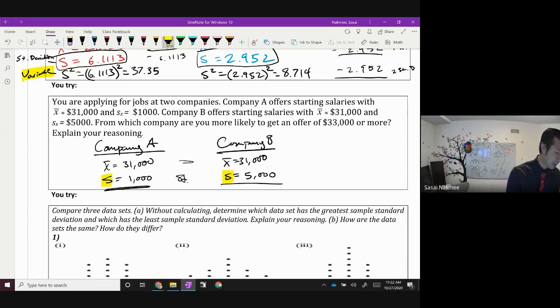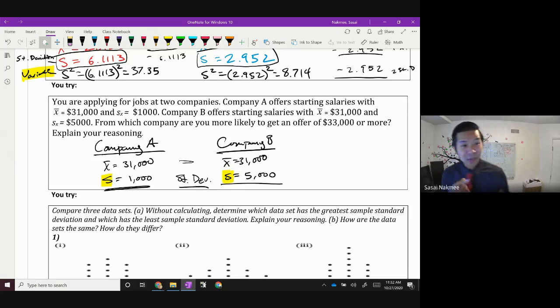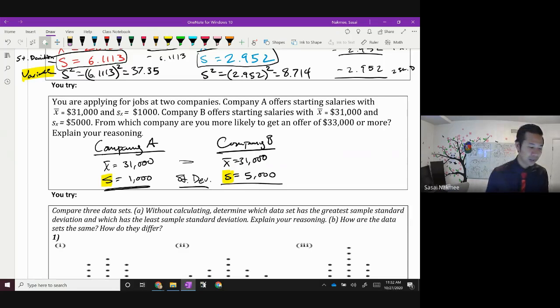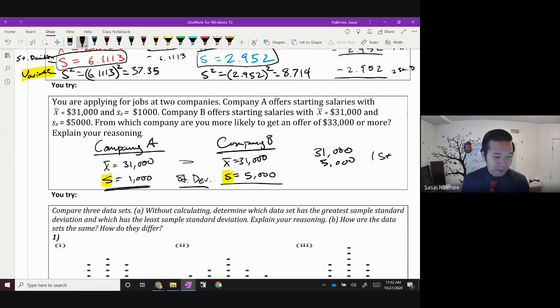Thank you, Jared, by the way. I appreciate it. It is a sample standard deviation, right? It's the sample standard deviation. And that's what we focus on, right? That's how much it is to measure if something is close or if something is far. So on Company B, if I add a standard deviation of 5,000, this is one standard deviation, it goes up one standard deviation away, which is 36,000, which is